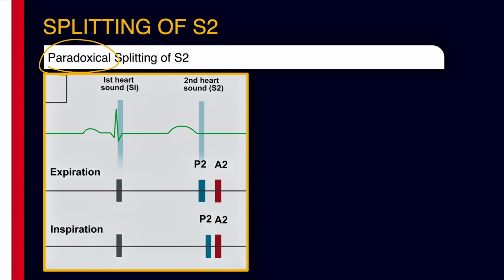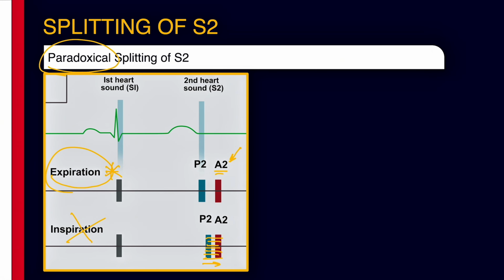In paradoxical splitting, you hear A2 after P2, and the split is most noticeable during expiration, not inspiration. This happens when aortic valve closure is delayed, so A2 comes late and ends up occurring after P2. Now, during inspiration, the pulmonary valve closure is also delayed, so P2 and A2 overlap, and the split actually disappears. This is called reversed splitting or paradoxical splitting, and the most common causes are aortic stenosis, left bundle branch block,